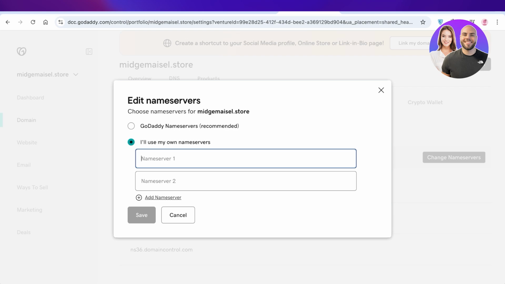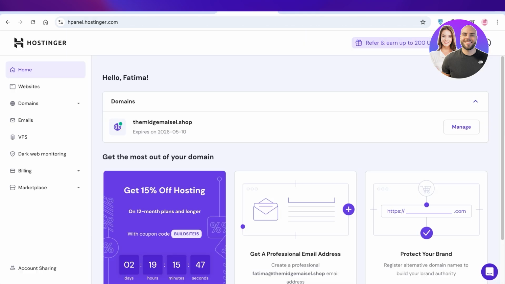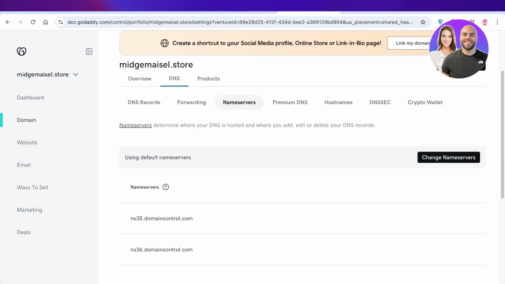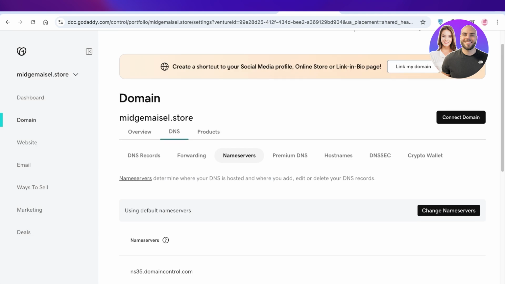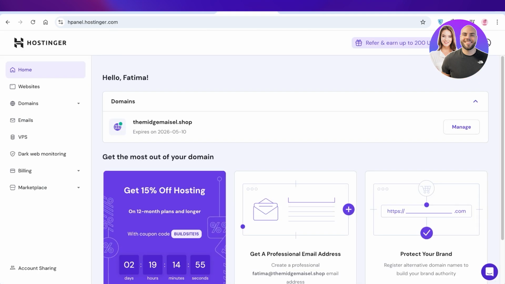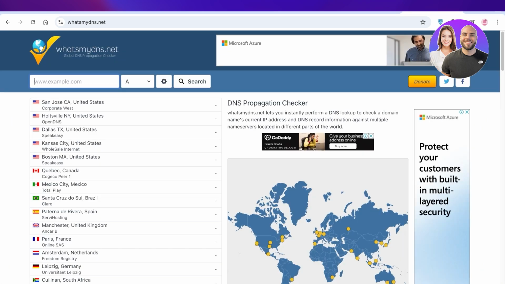So from here, you're going to go back into Hostinger and then copy and paste your Hostinger name servers over here. Once completed, within a couple of hours, your name server migration will be completed and your domain will be shifted to Hostinger. Now, if you want to check upon the progress of this particular change, you can go into